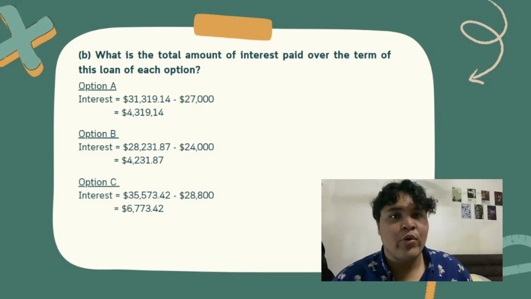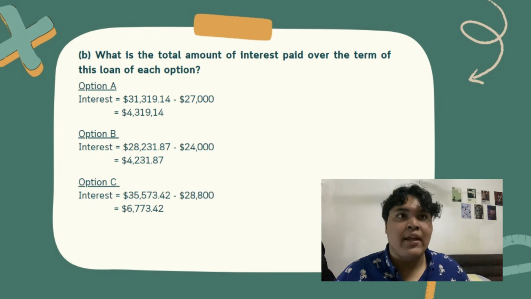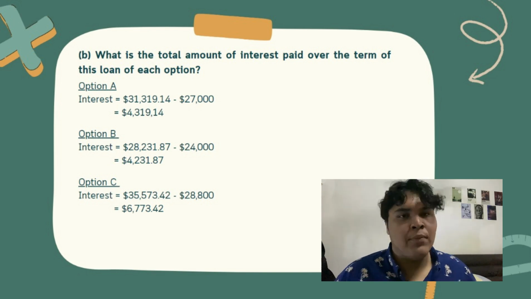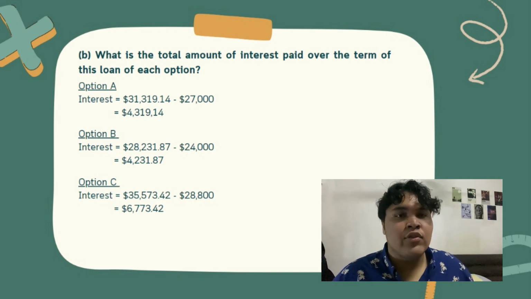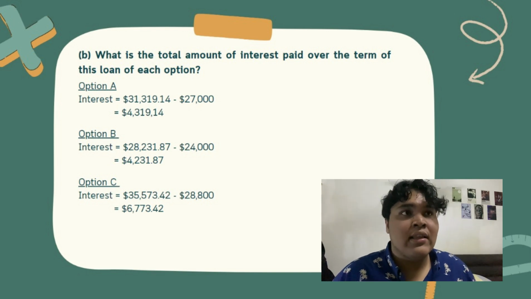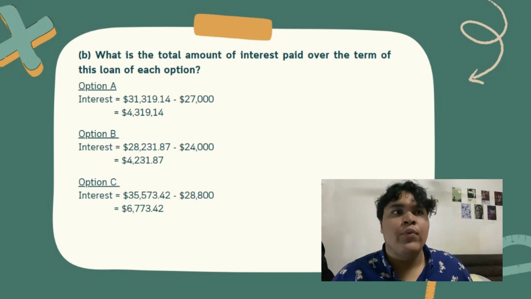Now I'll be calculating question 2b, where we need to calculate the total amount of interest paid over the term of this loan for each option. So for option A, we actually need to calculate the interest of $27,000. Therefore, we need to pick 31,319 and 14 cents minus 27,000. We get